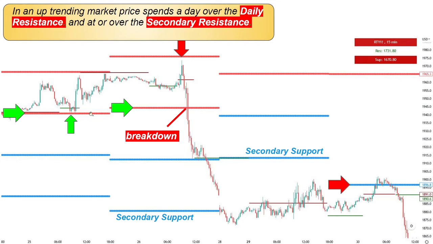Price held over the daily resistance on that day and on that day. But that was an FOMC day. Price spiked to the upper level, to the secondary resistance. Bulls failed at that level and bears got attracted by that failure. We turned price down. We pushed price into the daily resistance that was the support for the uptrending market, and